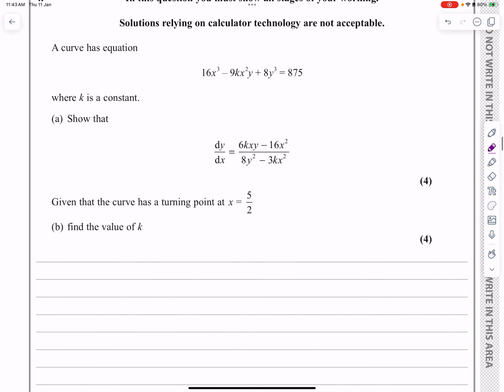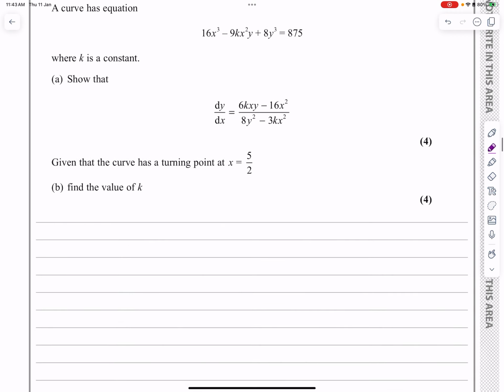It says, curve has the equation 16x cubed minus 9kx squared y plus 8y cubed equals 875. Show that dy by dx is equal to that. Okay, right, no problem with doing that then. Just to remind ourselves when we're differentiating, let's write it out first of all. So we've got 16x cubed minus 9kx squared y plus 8y cubed is equal to